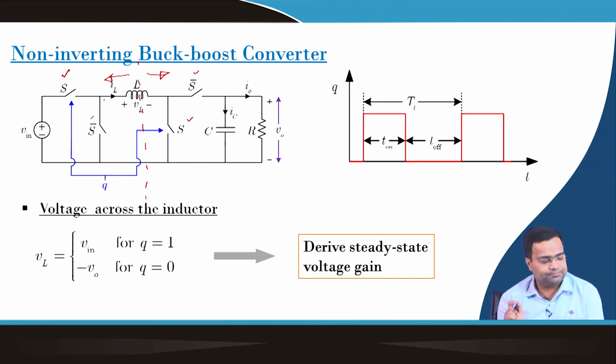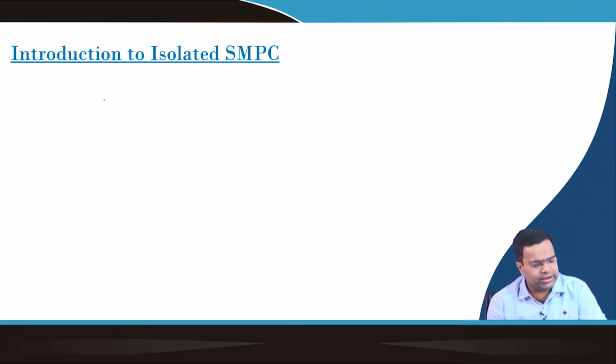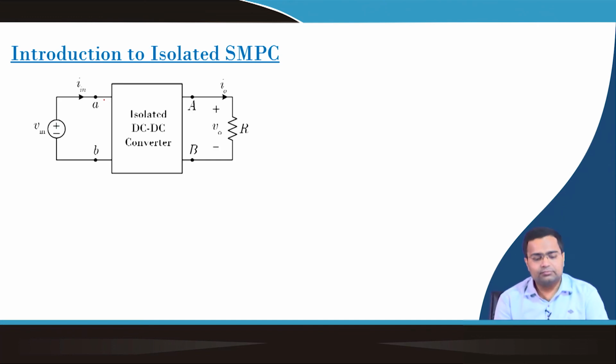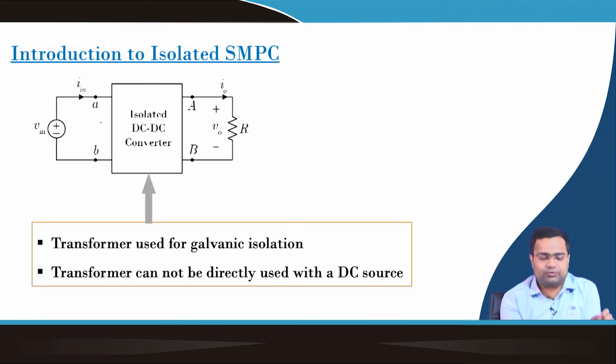then this will operate like a buck-boost converter with positive output voltage. Now, we just want to introduce the isolated switch mode power converter, because in subsequent lectures we also want to take a few case studies, so that whatever we do is equally applicable for isolated DC-DC converters. So, in the isolated DC-DC converter, this point is A, B, and